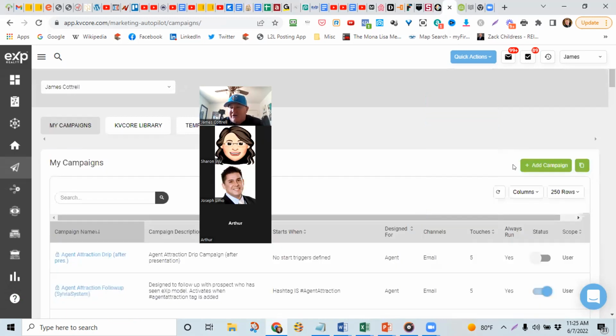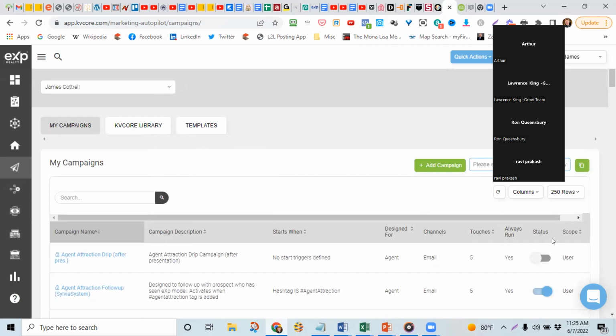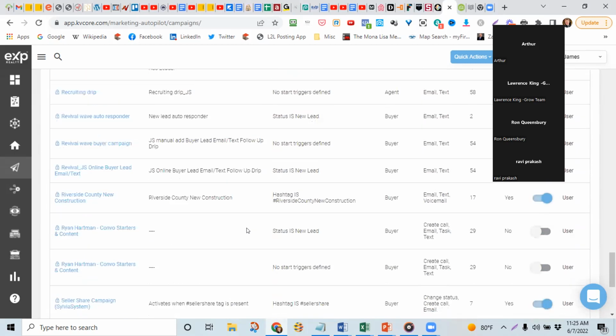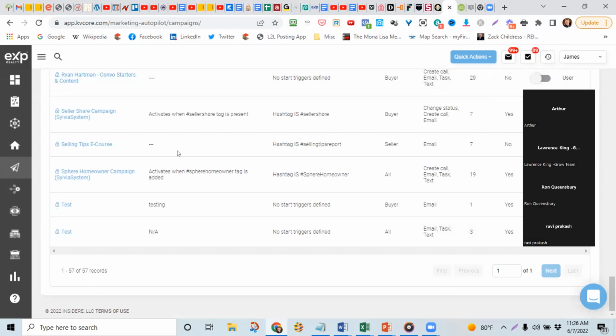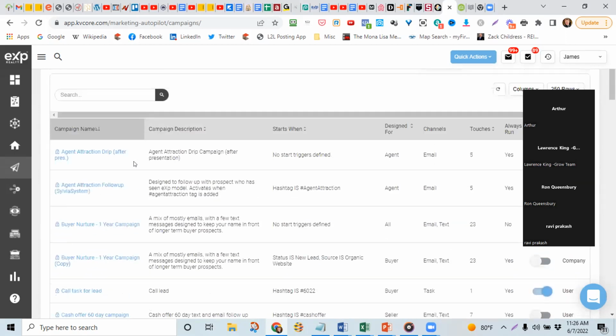And to add that, you don't go to add campaign, you go to this little smaller green button, plug in that code there, and hit enter. It's going to pull that campaign into your KvCore system, and it will live here in the My Campaign section. So, huge updates to that. I hope people are excited about that. I know I am, because early on, Joseph and I spent a tedious amount of hours inputting, creating templates and creating a campaign. Now there's an easy way to do that.